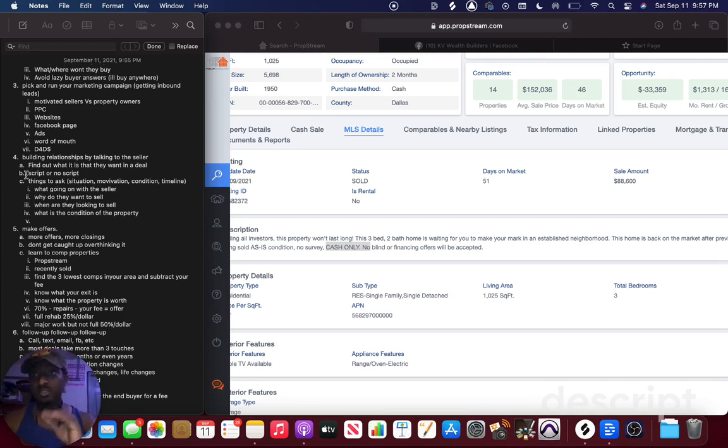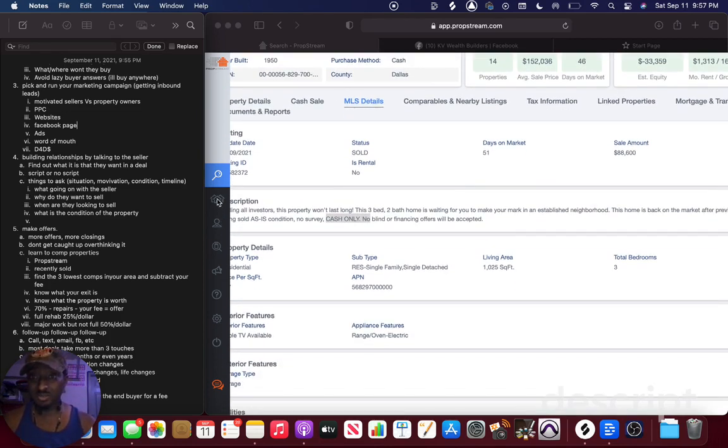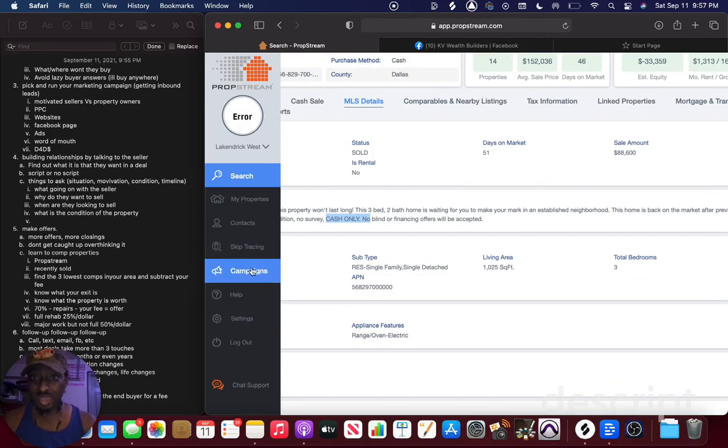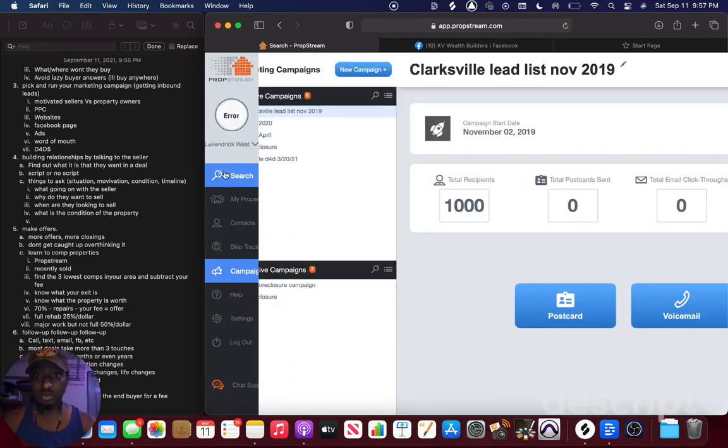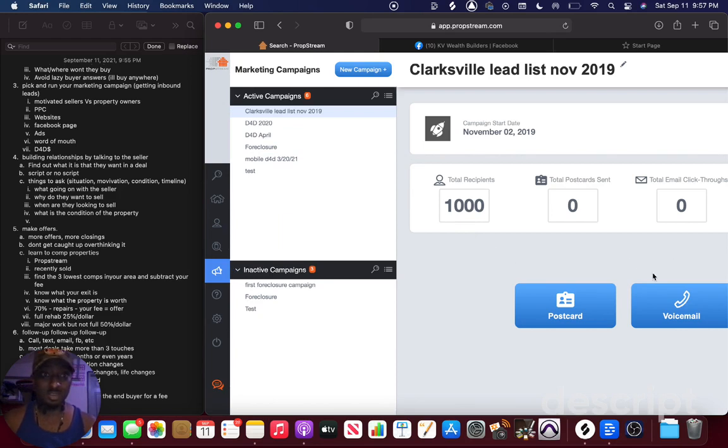So that's step 3. Step 3 is pick and run your marketing campaign. And now this is just a brief, again, overview. There are so many more things out there that you can do as far as marketing. Again, like I said, here in PropStream, actually, they have a new marketing tab over here where you can go, and we started a few things in here, but you can send postcards, voicemails, text messages, emails,